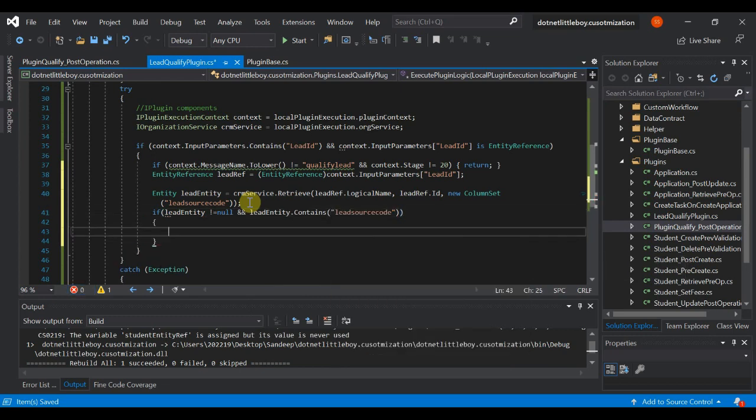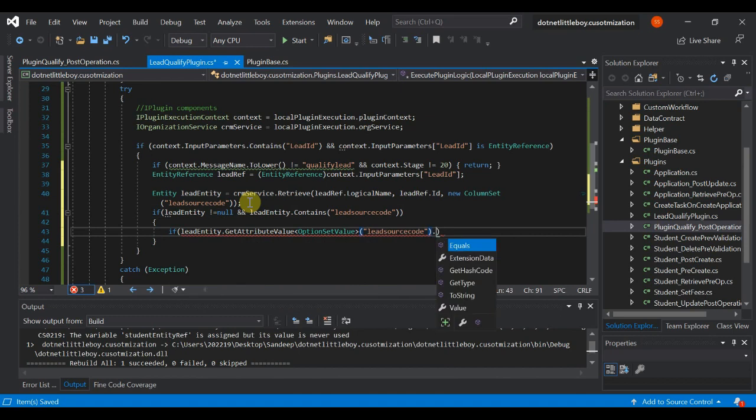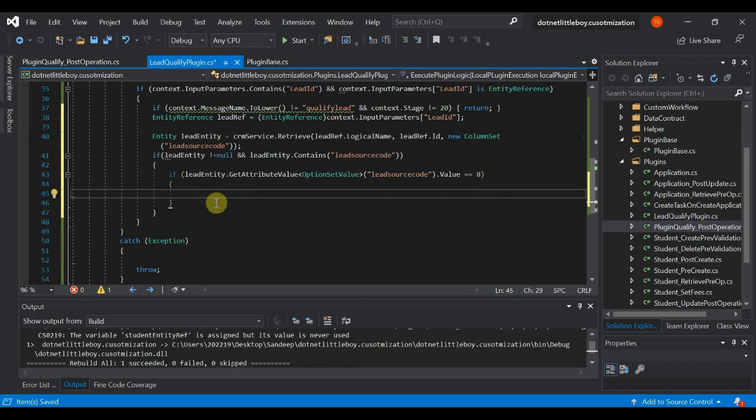Then only we will check if the lead entity dot get attribute, and that will have the integer value, sorry, option set value, and from the field this one, if dot value is equal to 8, means it is for web,